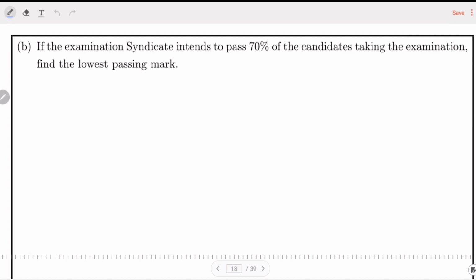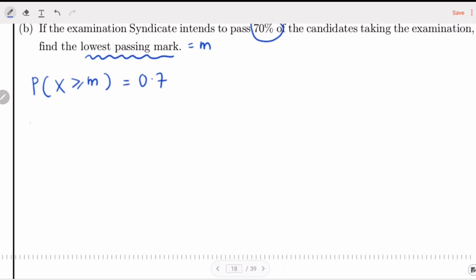B. If the examination syndicate intends to pass 70% of the candidates taking the examination, find the lowest passing mark. For example, we assume the lowest passing mark is equal to M. So in order to pass, the candidate needs to get marks greater than or equal to M. And then the probability of the candidates that pass is 70%, which is 0.7 in decimal point. As usual, follow the 4 steps,